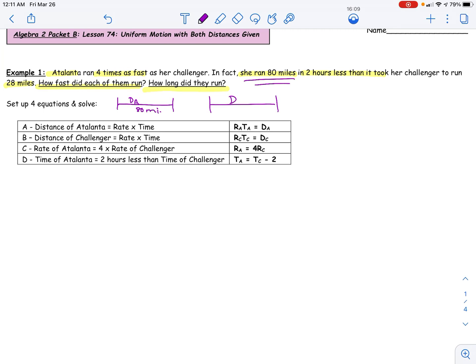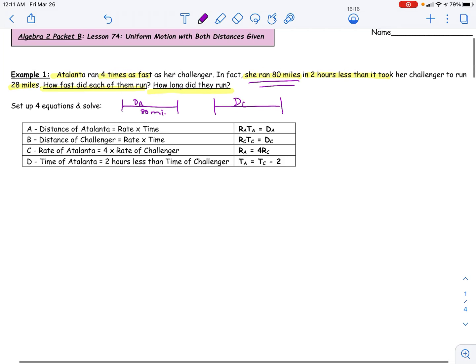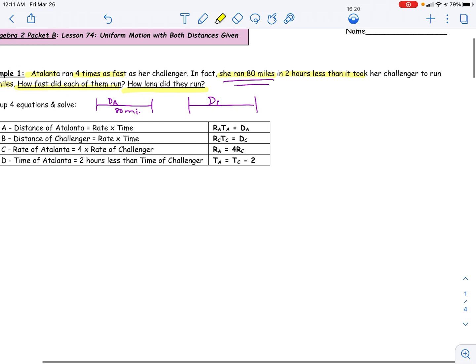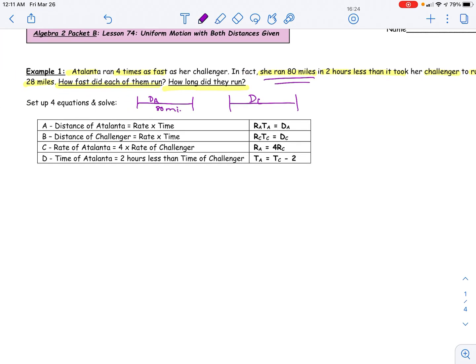The distance of her challenger, which we're going to call D sub C, was, let's see, the challenger ran 28 miles. Oops, I should go back there and highlight that. The challenger ran 28 miles. Okay, so they ran different distances. Okay, so let's look at the